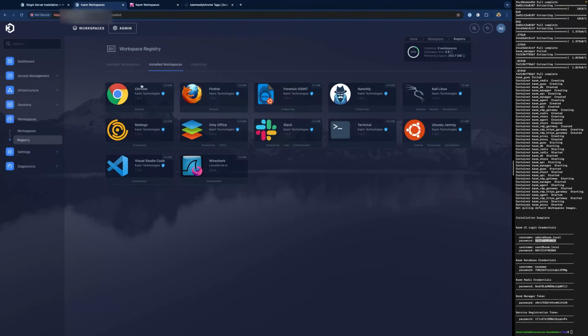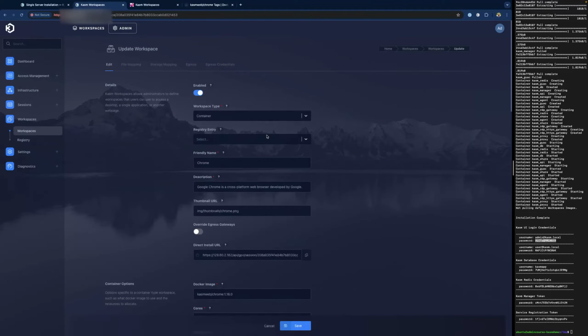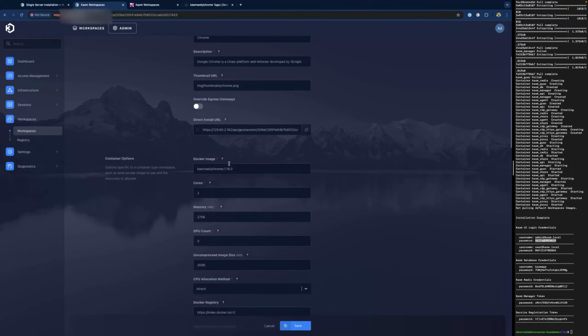Say you have your image already up and running, you also have the ability to edit your image, go to the Docker image file here, and then add your rolling weekly this way. And then this will update this image to pull down the rolling weekly tag instead.